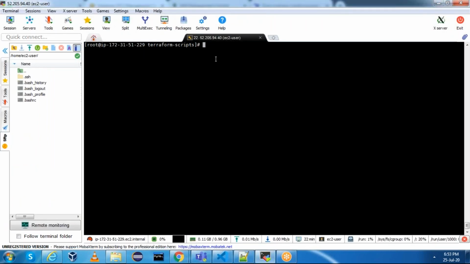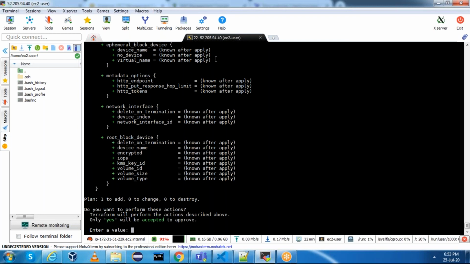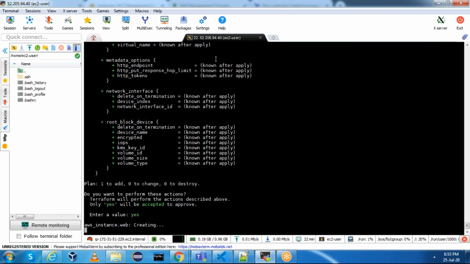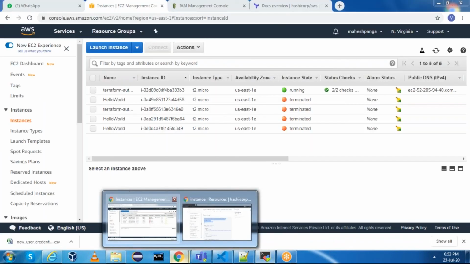Now just do terraform apply. See, it is even working with terraform apply as well. Sorry, with the fourth approach, EC2 role. Okay, these are the four different types of authentication.